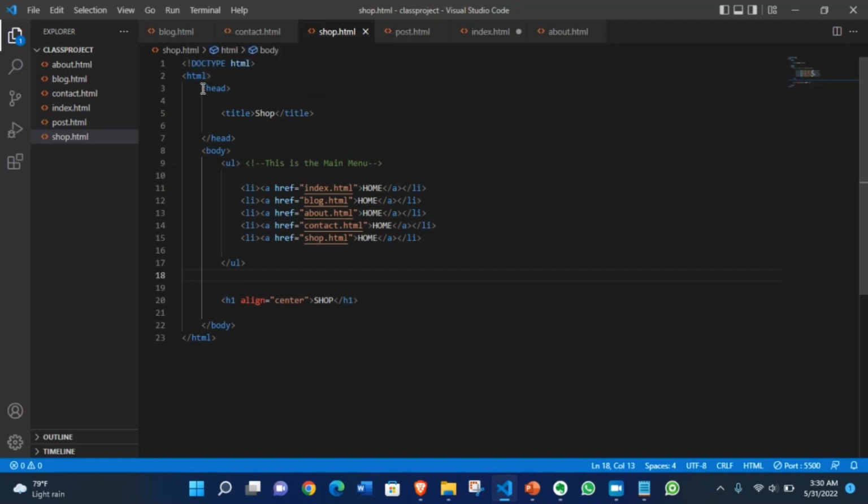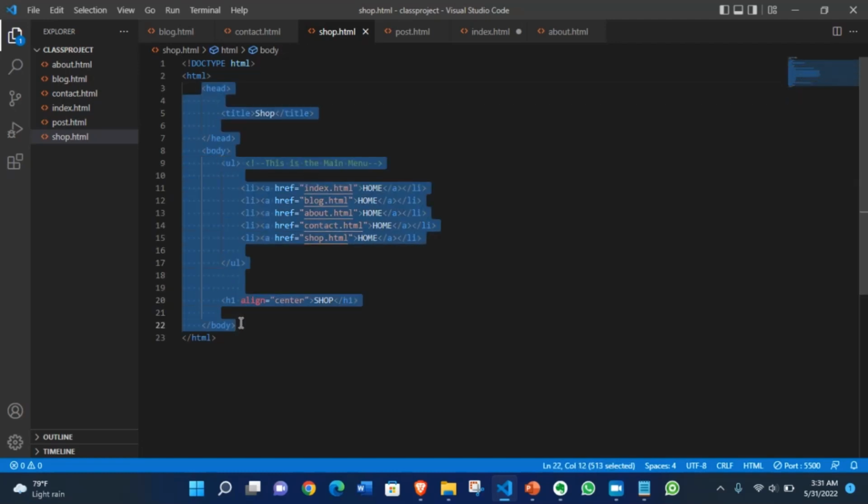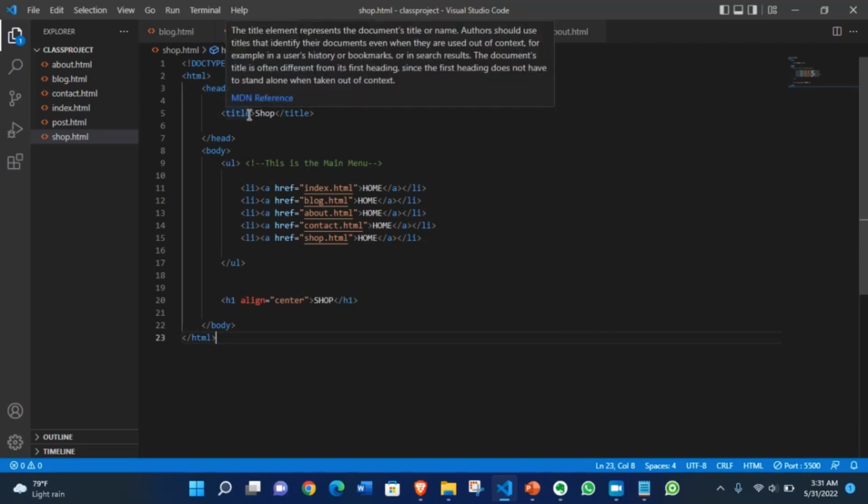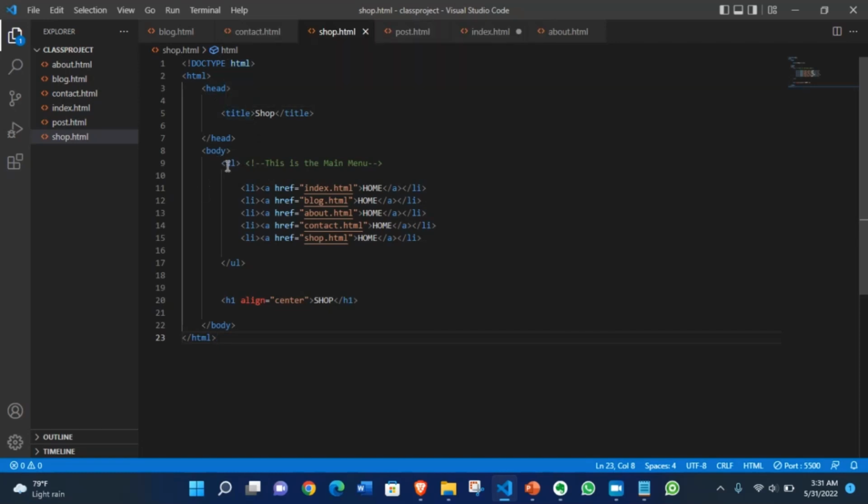And we have the head, opening head and the closing head, and we have the body and the closing tag for the body too. We can call these the children of the HTML tag, right? Now inside the head tag also we have a title tag, so we can call the head the parent of the title tag, and the title its child. Now in the body too we have the UL, opening UL and the closing UL, and inside the UL we have the list items, which we can call children of